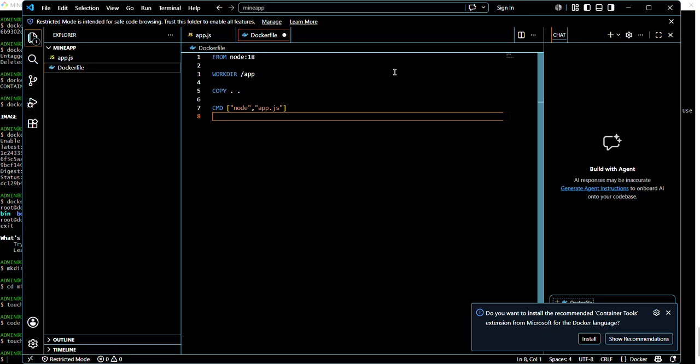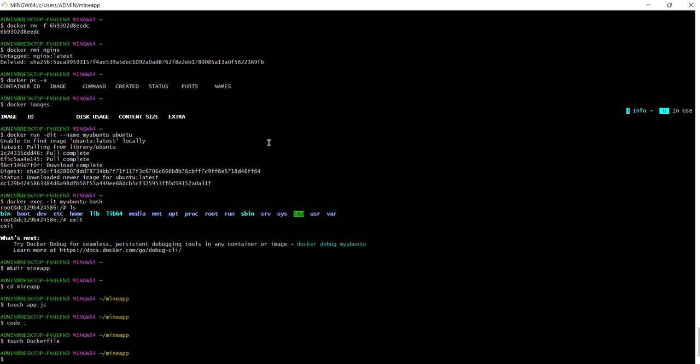The third line is COPY . ., which copies the project files into the image. Whatever files are there, we are copying all of them. The last line is CMD. This is all about running the application when the container starts. We are going to run the application whenever the container starts. Now come back to your bash Docker.